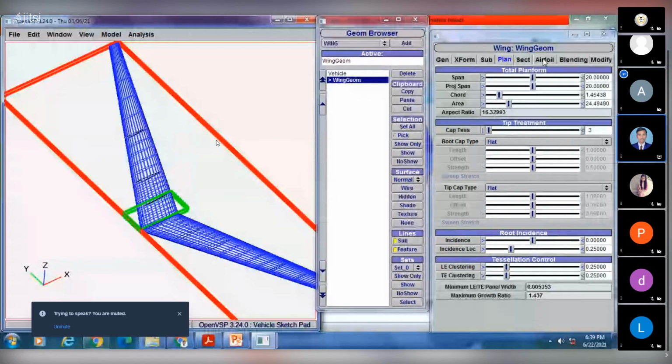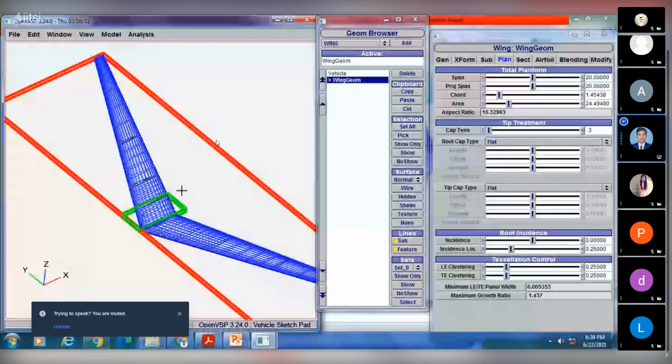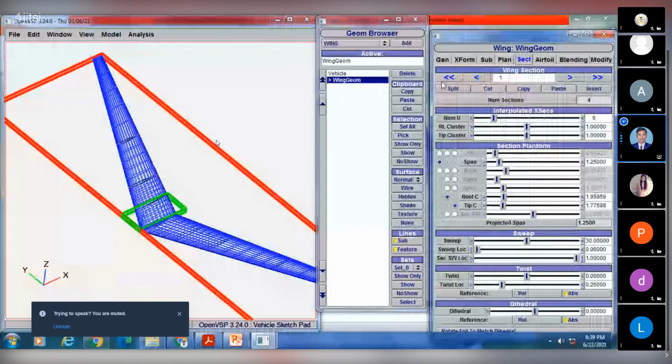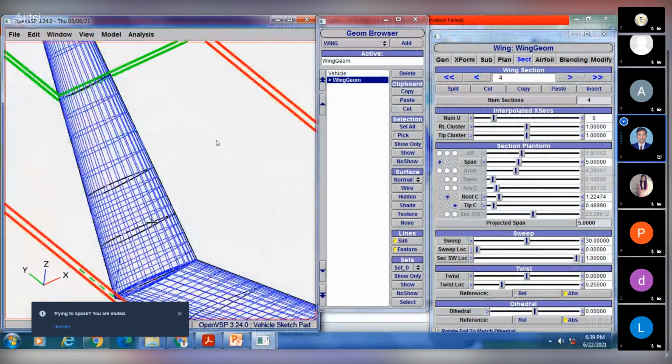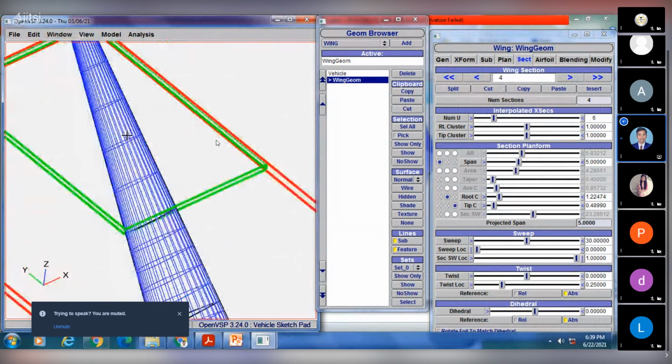So as we know, we have split this one section into 4 sections. Here we currently have 4 sections: first section, second section, third section, and fourth section. Here you can see the indications of your sections. This black arrow line indicates your section: first, second, third, and fourth section.